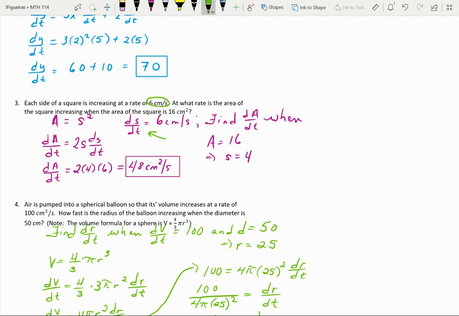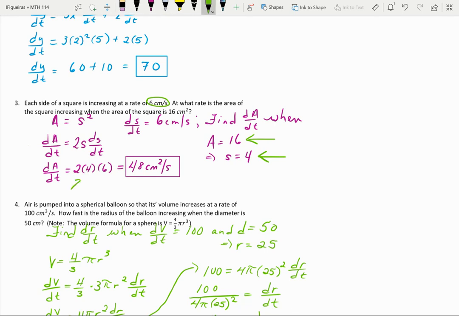Then you're also told that your area is 16. That was given in the problem. But I don't really need to know that the area is 16. I need to know what the value of s is. So if you take the square root of both sides, when the area is 16, the side must have a length of 4 centimeters. So now that I have all the information I need, I'm ready to plug it in